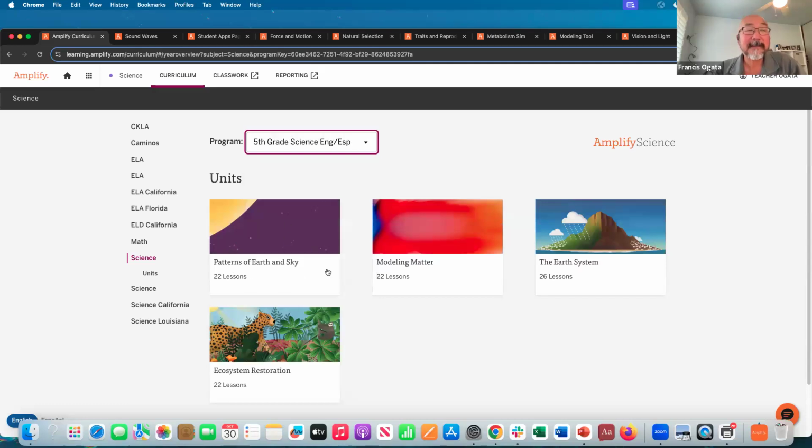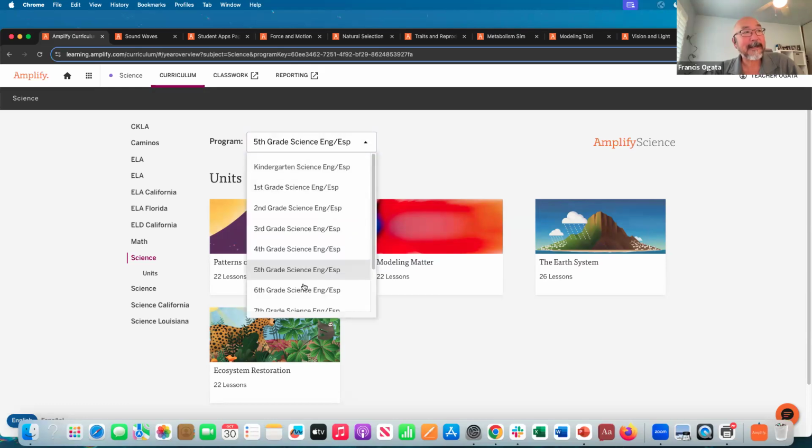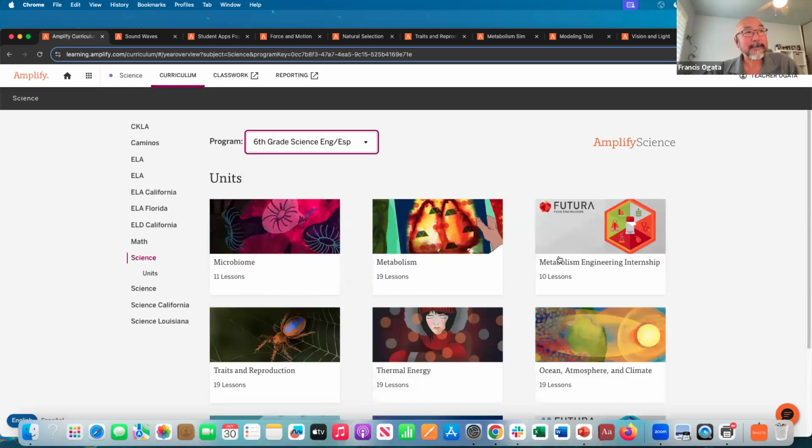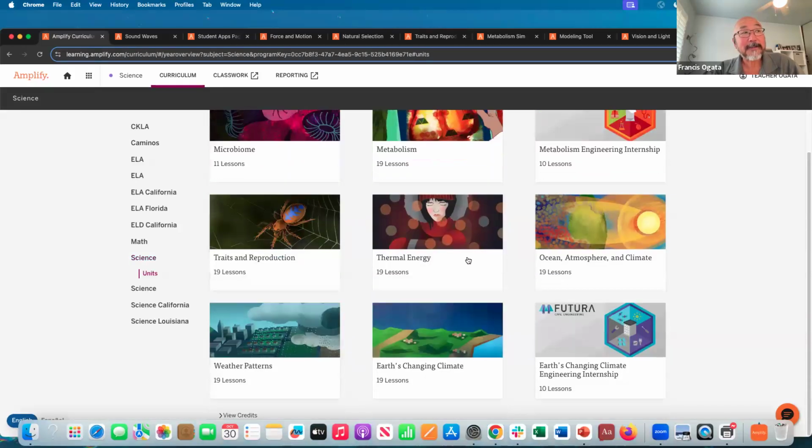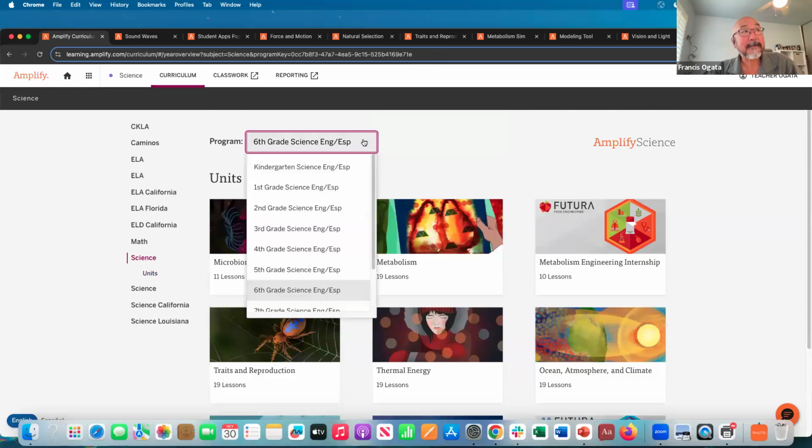Patterns of earth and sky. The kids love this one, just because they can see the night sky, they can see the stars, all of those different pieces. Ecosystem restoration. The digital simulation for this one too, super, super fun. So if you have an opportunity to look at that one, get in there and do that one. And then of course at middle school, we looked at metabolism, we looked at traits, thermal energy. That one's awesome. Okay, so if you have a chance to look at that one,